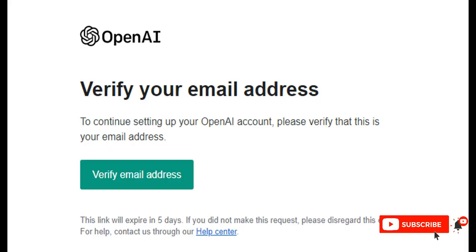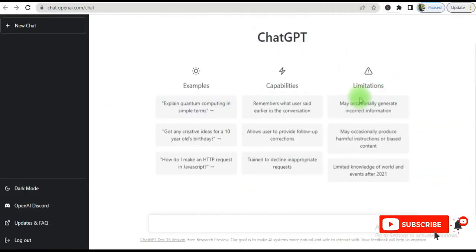Now, how is it used? You may be wondering. Simply open your web browser, then go to OpenAI, and you'll be required to sign up. After you sign up, you will get a verification email, which you'll be required to confirm, and after the confirmation, you will return to the website. As you can see here, the interface is pretty much minimalistic, and at least for this section of it, it gives examples, so it gives you some idea as to the type of questions and the range of questions that you may ask the system.